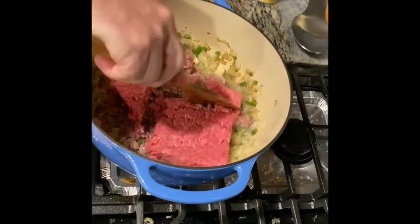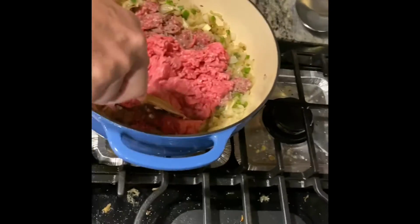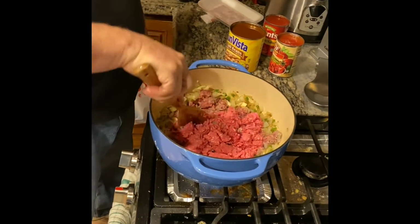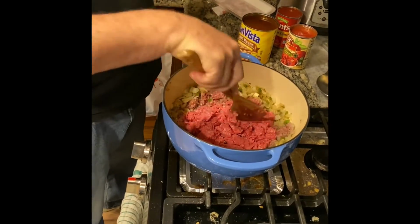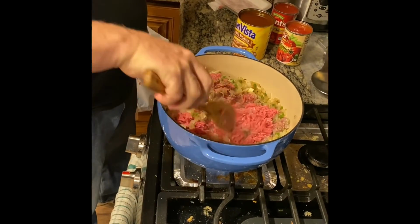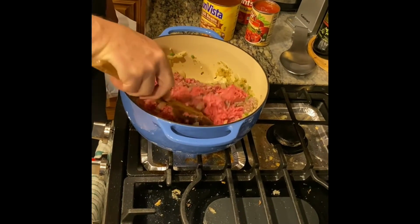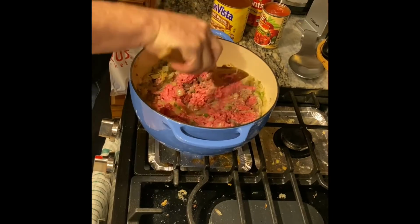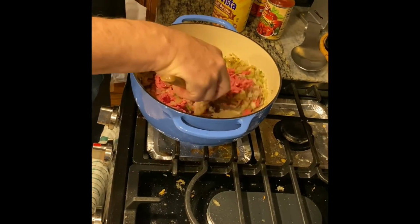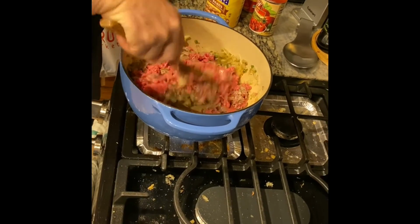Okay, well, we're going to make us some chocolate chili here. First, I chop up a big yellow onion, and I de-seeded a jalapeno pepper and sauteed them together for a while till they got soft. Then I put in a pound of sausage with sage, a pound of ground beef, some salt and pepper,